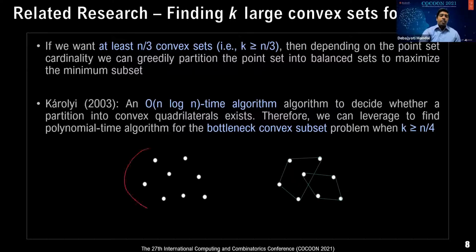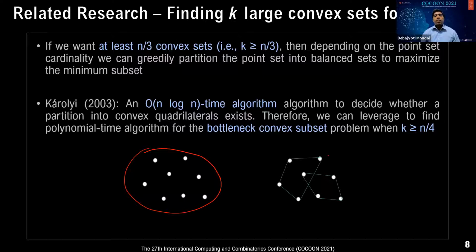For example, in this case, we can have the partition. So this is a satisfiable instance where you have 2 convex sets. Each set is a convex quadrilateral. Now, if you have n points for k equal n over 4, you can decide the bottleneck convex subset problem in polynomial time. So again, we have some case analysis that gives us this final result for bottleneck convex subset,